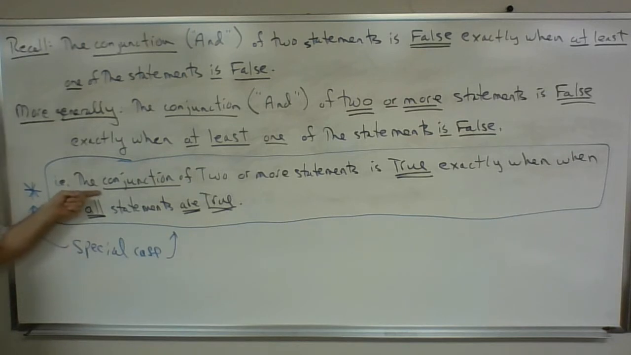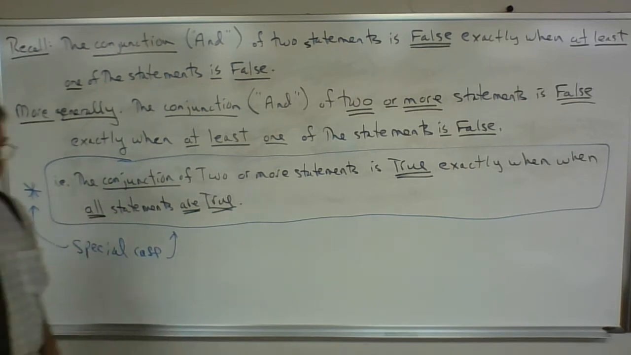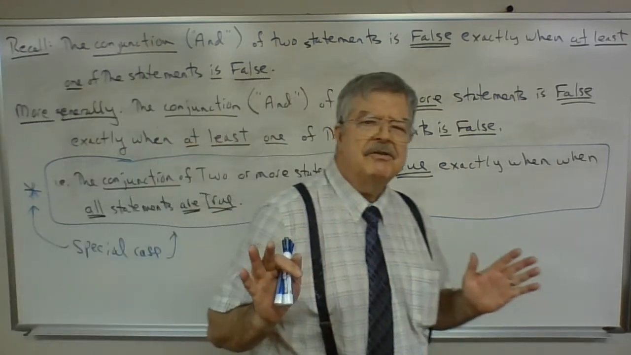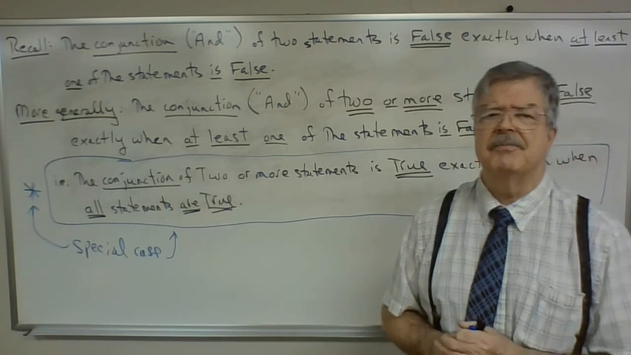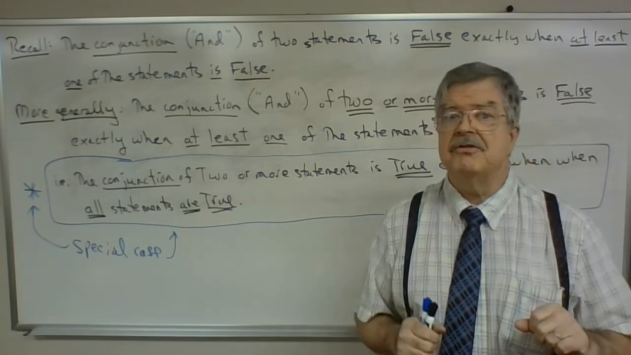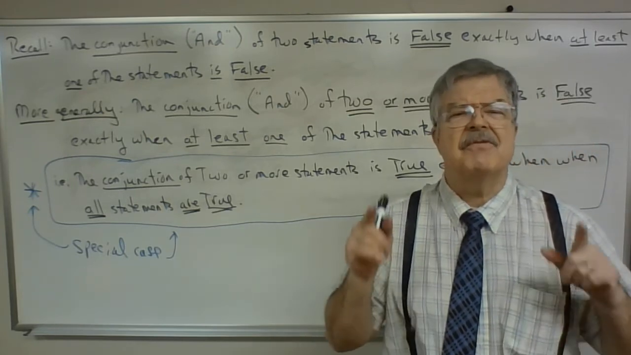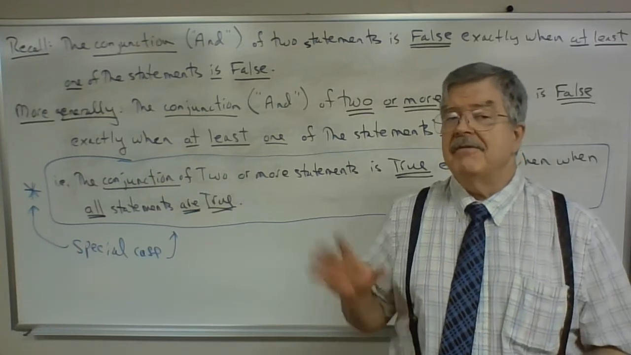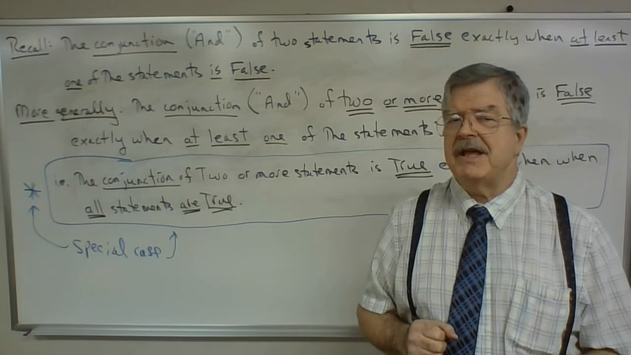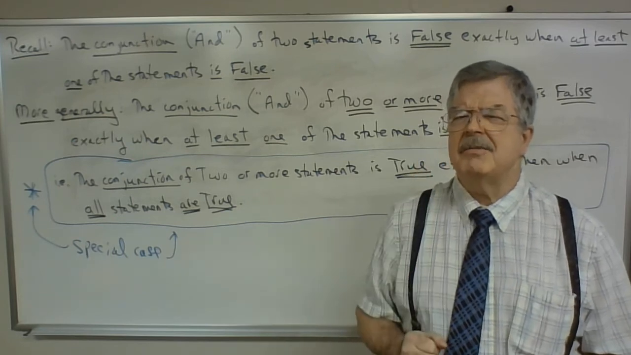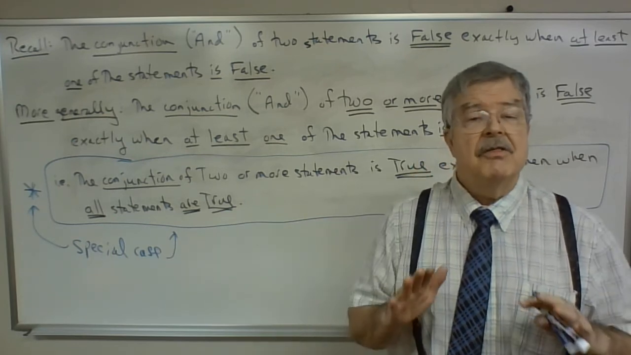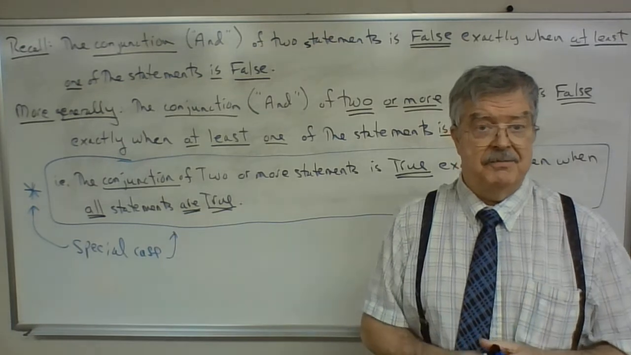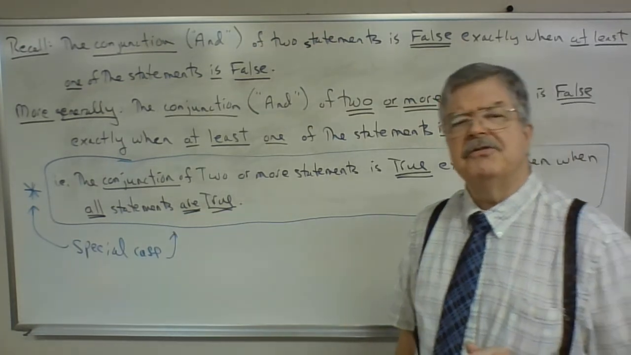The conjunction of two or more statements is true exactly when all of the statements are true. So if we have the conjunction of 25 statements, the only way that conjunction can be true is if every single one of those statements is true. If we have a conjunction of 25 statements and even one of those statements is false, the whole thing is false. Now, let's do the same kind of